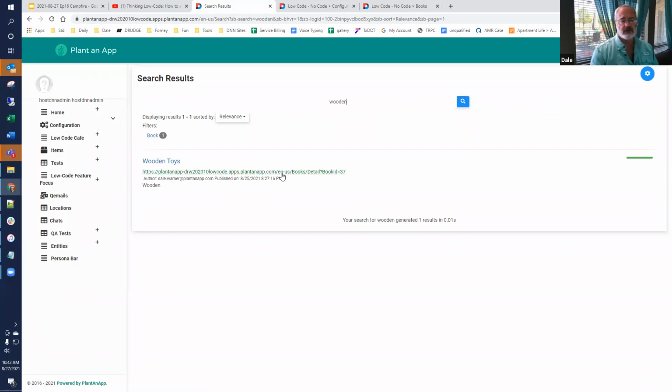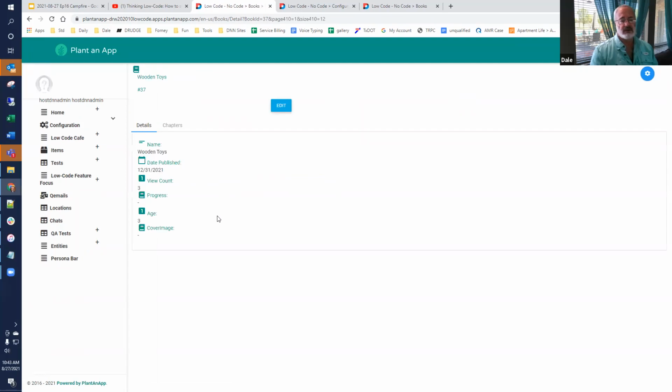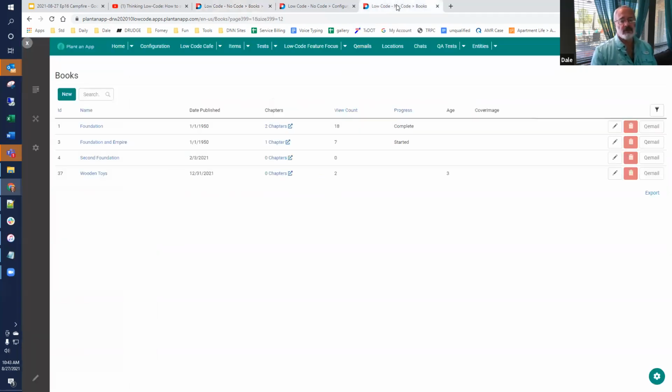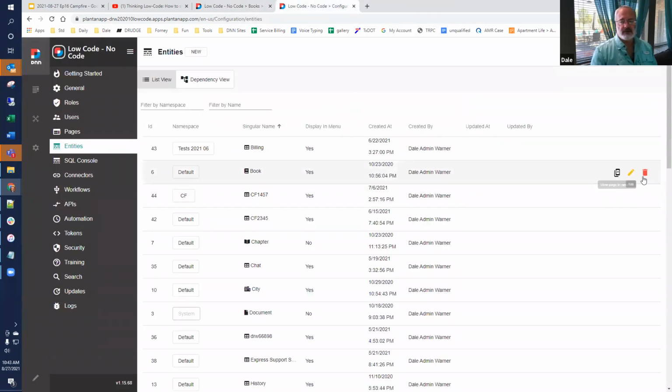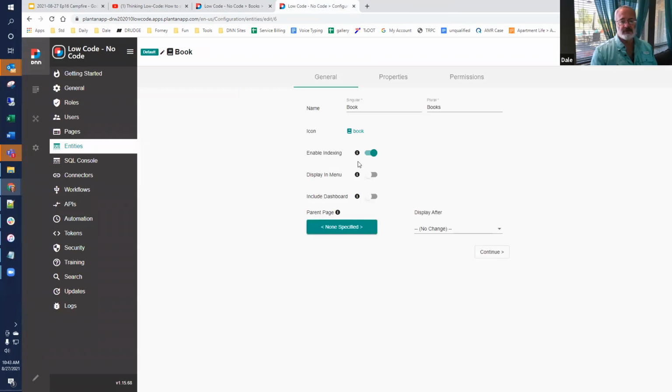Notice that it's built a URL that has a dynamic search book ID. If I click that, it's going to take me to a Plant and App detail page that has wooden toys built into it. So with that selection to say index, yes, it turns that on for search boost right there.